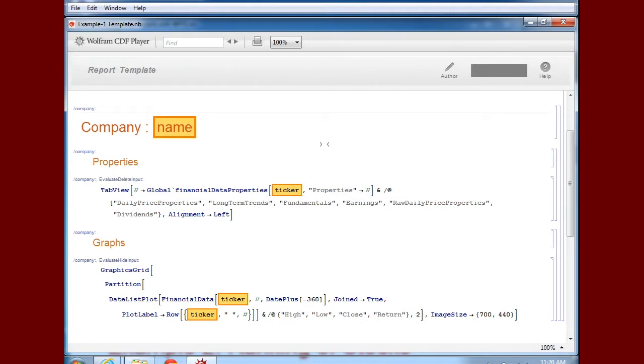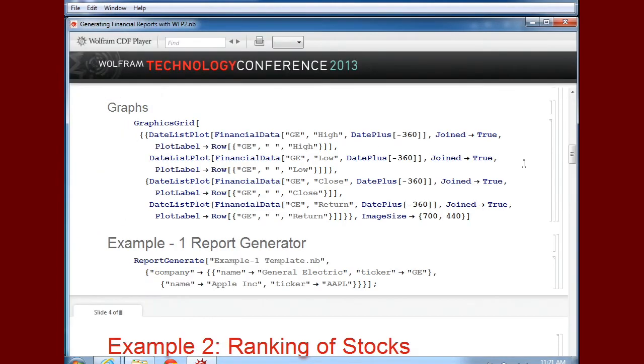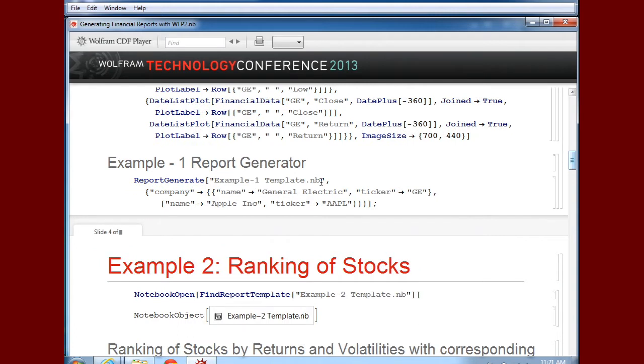And I can also identify the name, and it will then just generate this type of report, but with all of the values substituted in. Okay, so when you go to the thing here, all I have to do then is enter it in the following manner. We've got report generate. I say go and find the template which will generate the report, and then I give it the data to